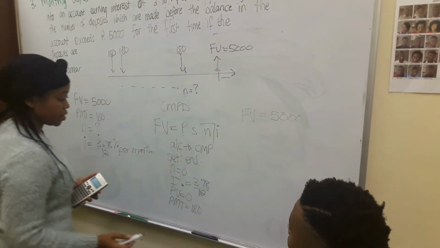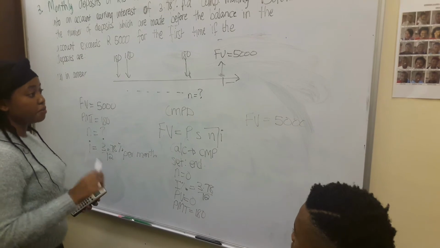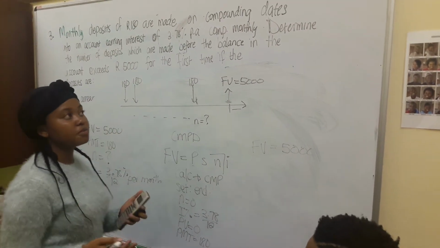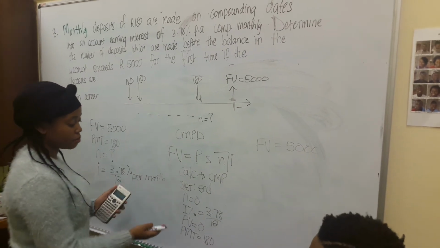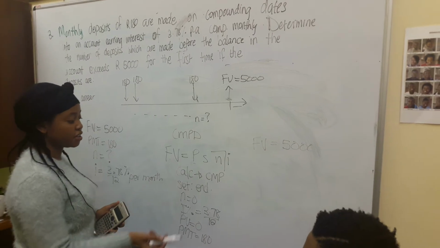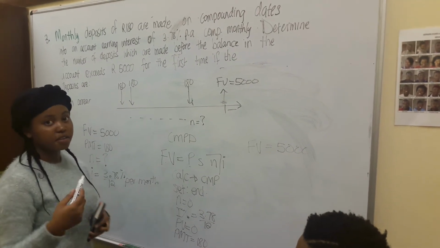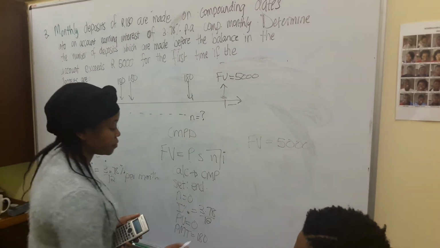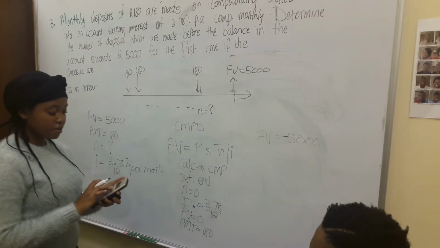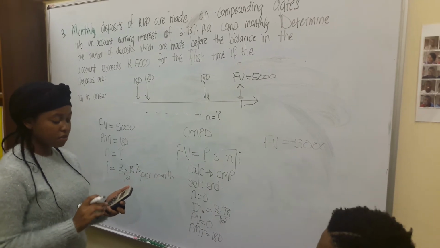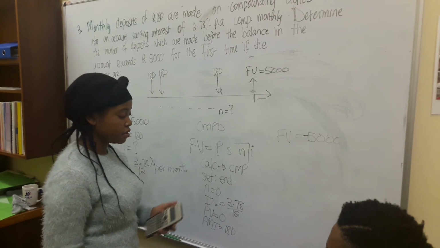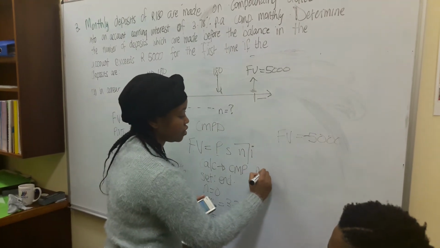But because we are not trying to find PV or FV, the calculator cannot just assume that one of the payments or future value is negative. So we're going to make either one negative, so that when we find n it's going to be a positive number and doesn't give us an error. Let's assume we make 5,000 negative. Then we go to n and solve. It's going to give us n equal to